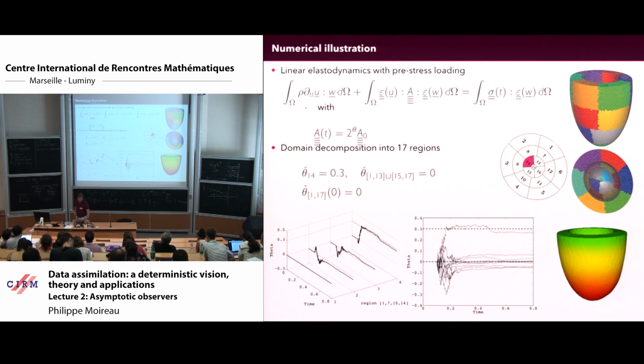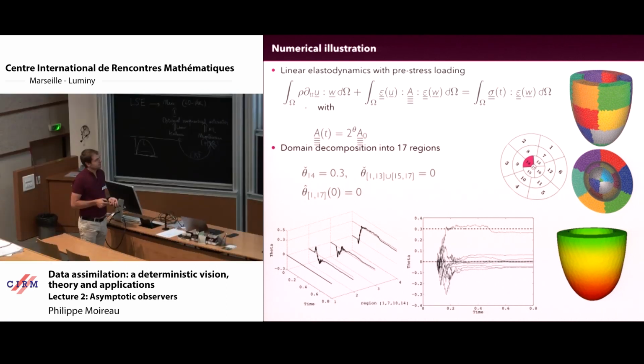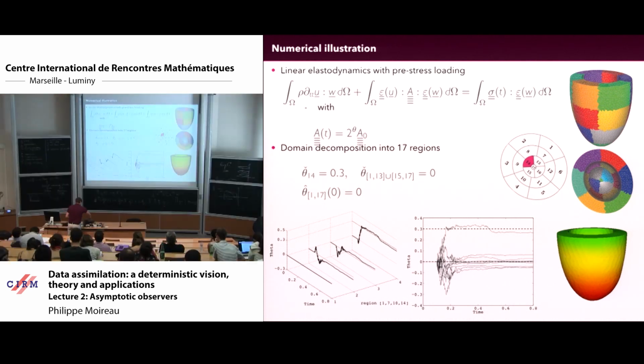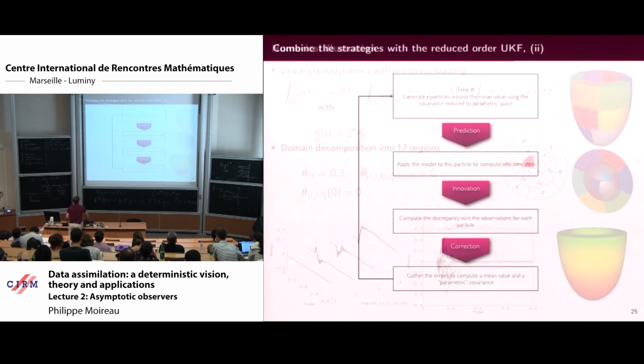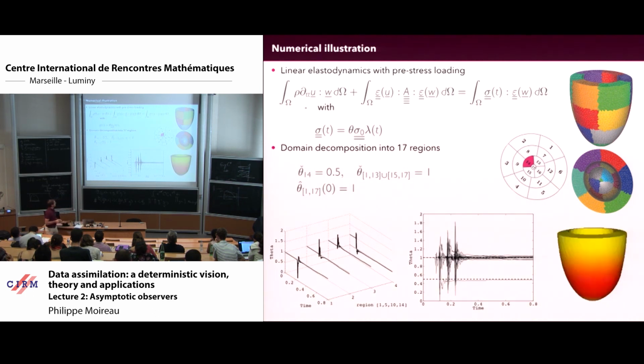This is now just an example, quite a simple example. So this is the domain. You will see why I'm looking at such a domain, and I am looking at an elasticity problem here where I try to infer parameters. Sorry, maybe it's not the right slide. Let's start with this one, sorry.